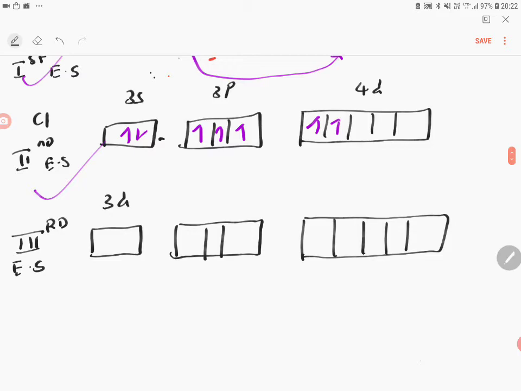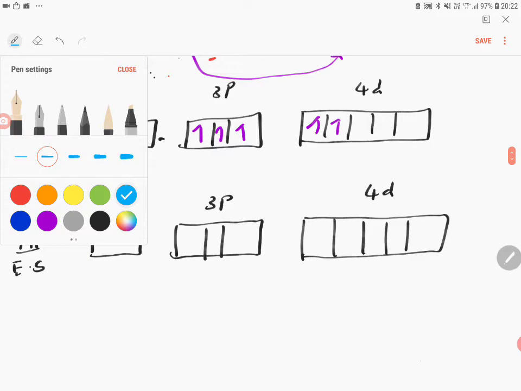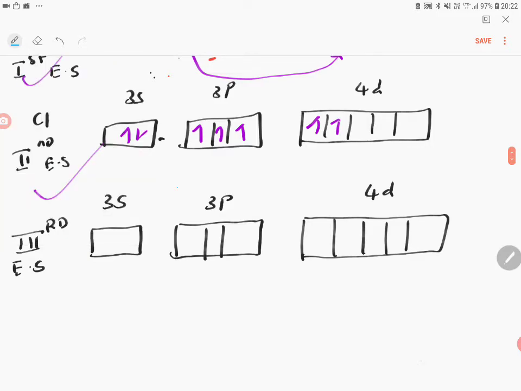So this is 3s. I'm sorry, this is 3p. This is 4d. So, third excited state. In the third excited state, what will happen? These electrons also will get excited to the vacant d. So 1, 1, 2, 3, 1, 2, 3. Now see,